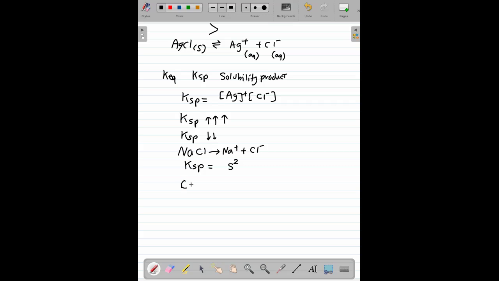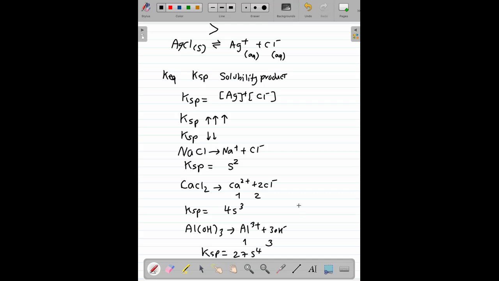If it gives ions in a ratio of 1 to 2, like calcium chloride, then the KSP is calculated by 4s cubed, where s is the concentration of one of the ions, or the solubility. And if it is in a ratio of 1 to 3, like aluminum 3 plus and 3 OH minus,